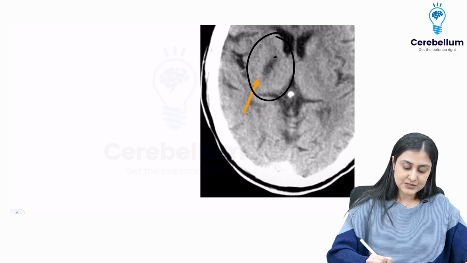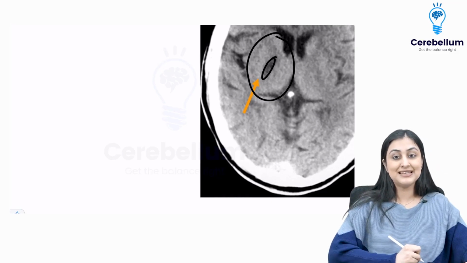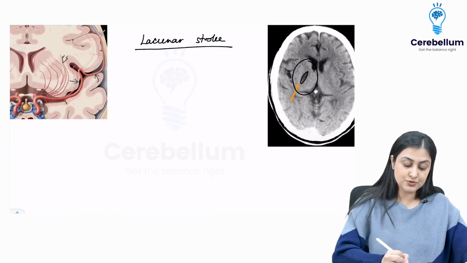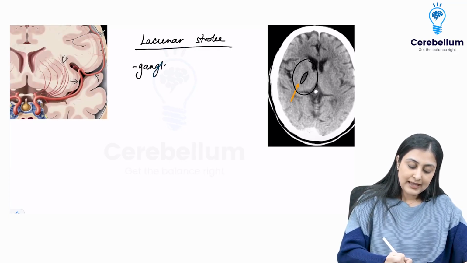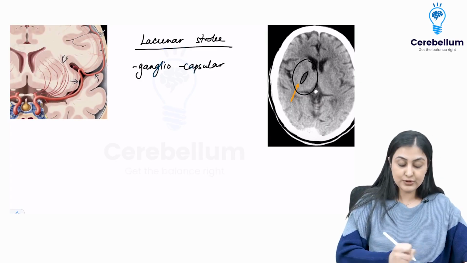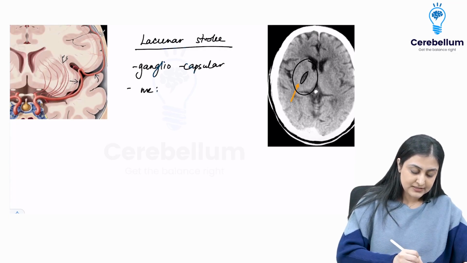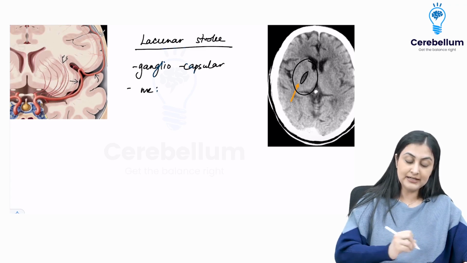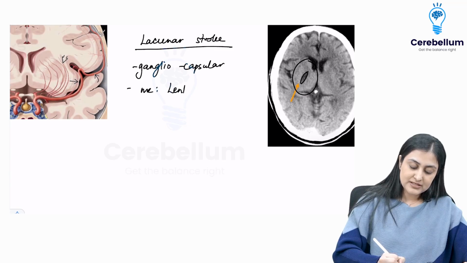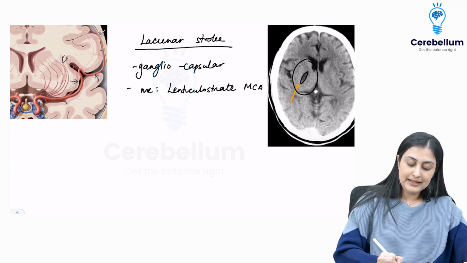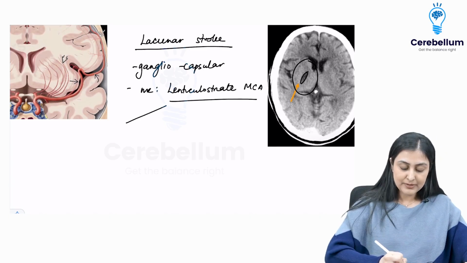You can see how there is this small area of hypodensity here in the region of the internal capsule. So this affects the gangliocapsular location, which is the basal ganglia internal capsule location, and the most common artery to be affected, like you can see in the schematic, this is the ICA giving rise to ACA and MCA. So this is the MCA, which has these lenticulostriate branches. So the most common vessels to be affected here are the lenticulostriate branches of MCA,